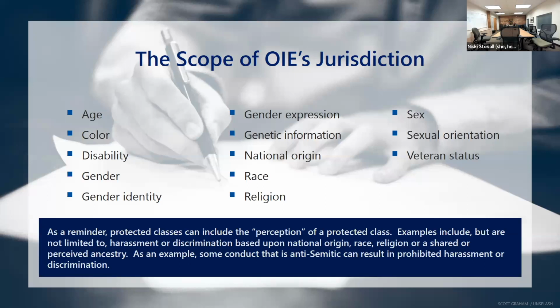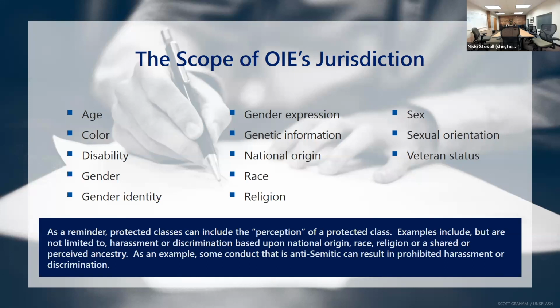And this is all available on our website, oie.duke.edu. There's a section at the top, a tab, and it says policies and procedures, and all of this is available there. But I want to go over this a little bit, and all these protected statuses are defined in our policy, but just a general overview. In terms of age, regarding employment discrimination or harassment, that threshold age is 40 years, so 40 and older in that employment scope. But there is no age threshold for students or persons participating in educational programs or activities, okay?